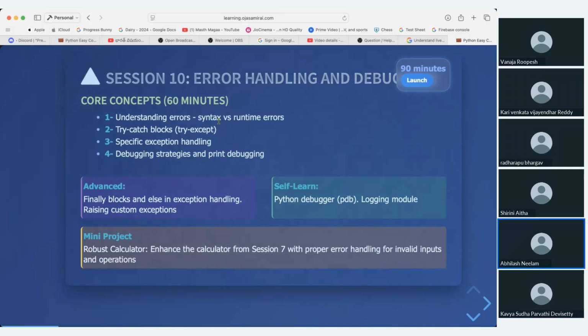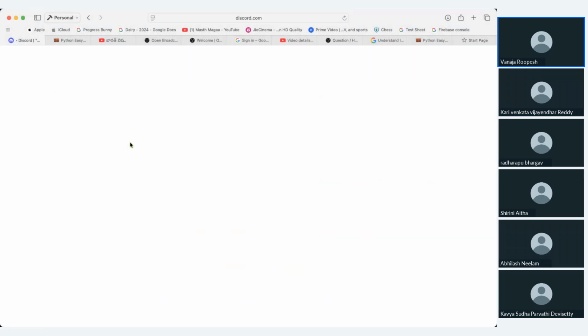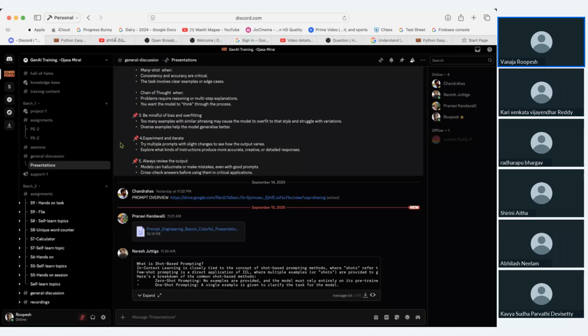Yes, sir. Yeah, Kavya. Actually, while doing some of the tasks, we will be getting some doubts. So where will we be posting, sir? So you have two things. See, in the session, because that is specific to the session, you write into the session. So you know that already. Let me show you again. So you have a Discord. For example,